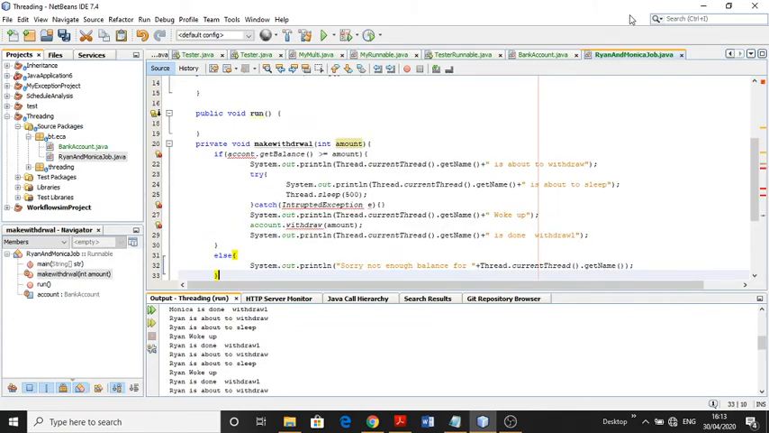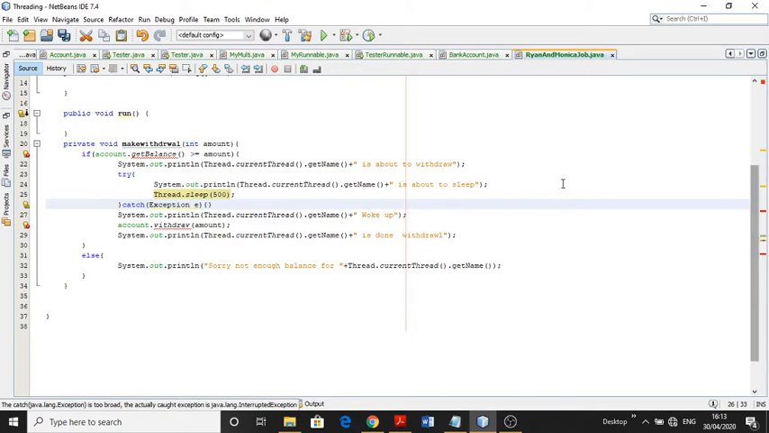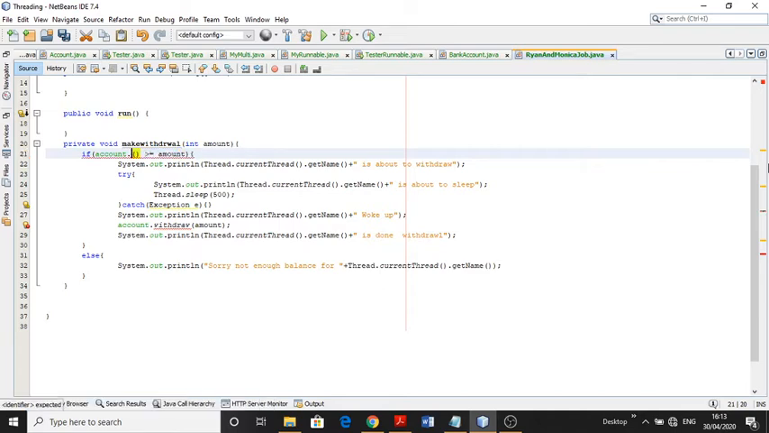Control V here. Account spelling, account. And here is the exception error, so just put exception, no problem. Get balance does not matter. We have mentioned, I think, the checkBalance. So see, a checkBalance and withdrawal method is